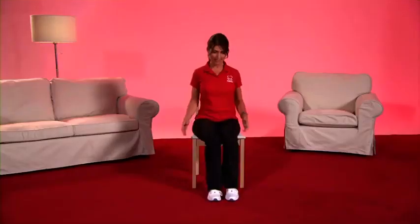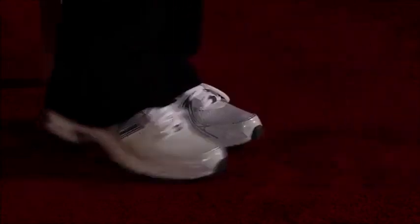So our next exercise is the toe tap. Holding onto the chair, here we go. So we're tapping forward with no arms. We're going to do 8 of these taps. So that's 5, 6, and then we're going to add in some arms. So that's number 8. Here we go. 1, 2,